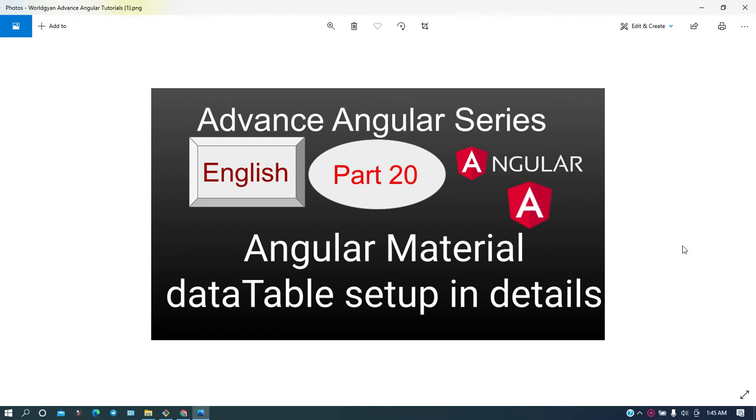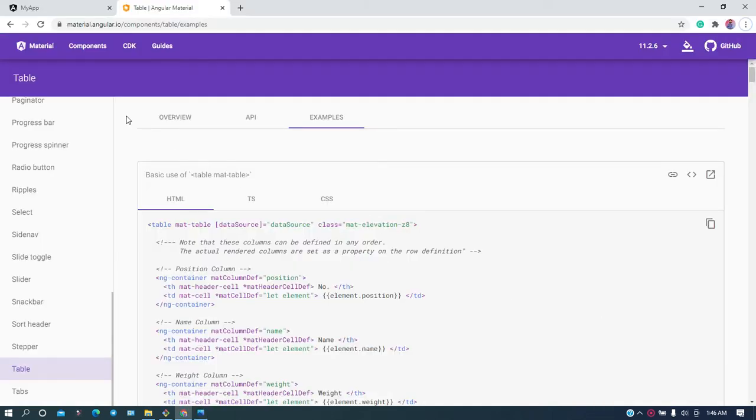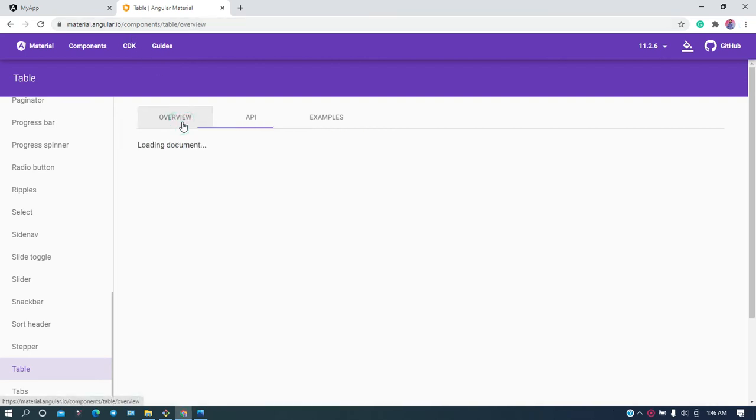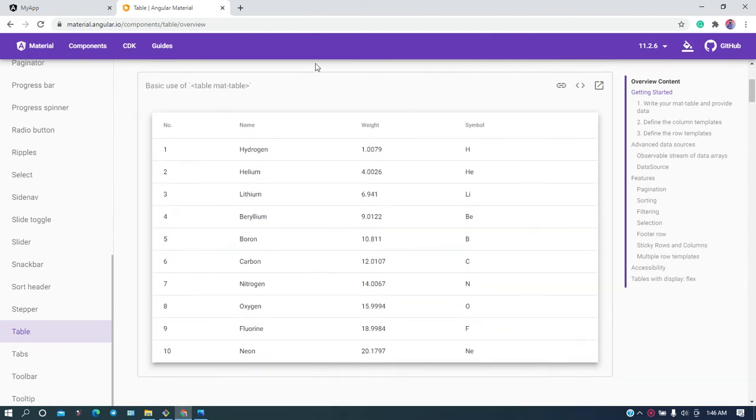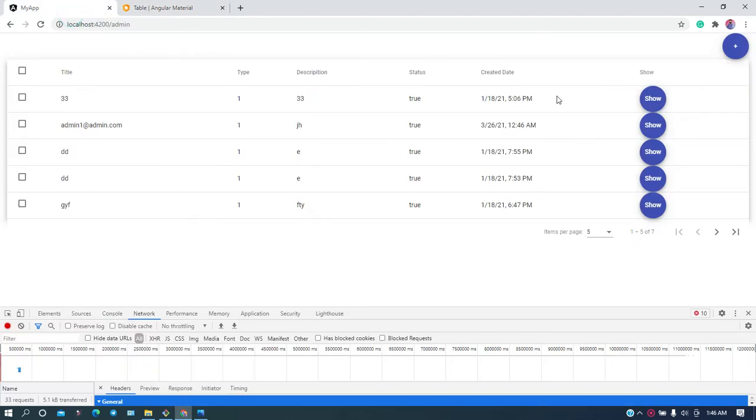In this video, I am going to talk about how to set up a material data table in your Angular application. First, you need to visit the material.angular.io documentation, and here if you click the overview, then you can notice that your data table will look like this. It is very simple. I have also set up this thing, so I will also show you my code